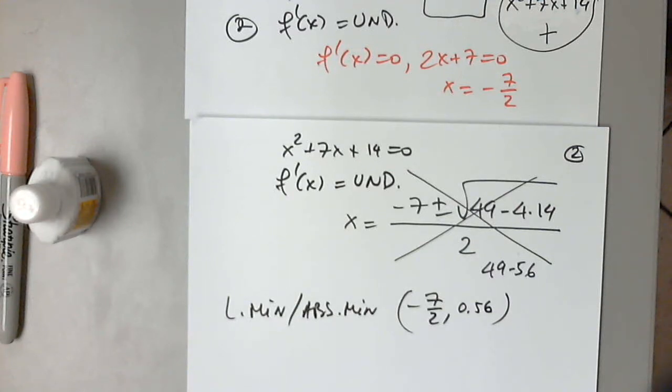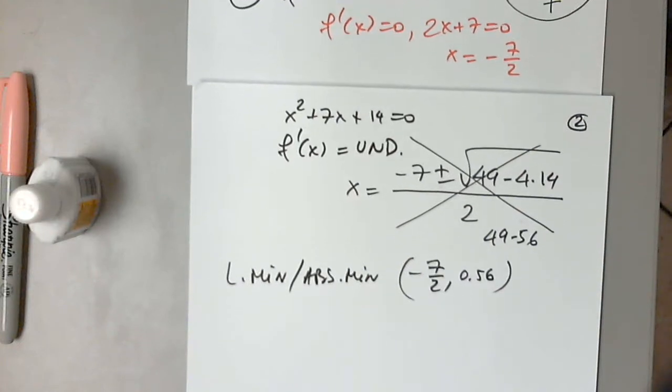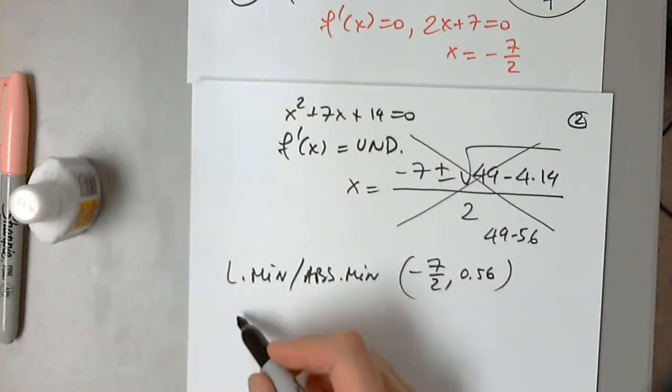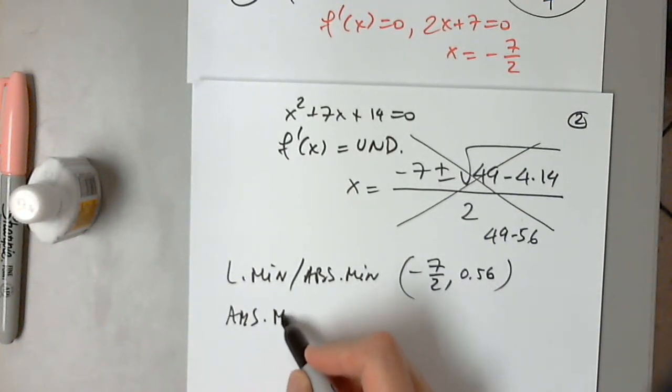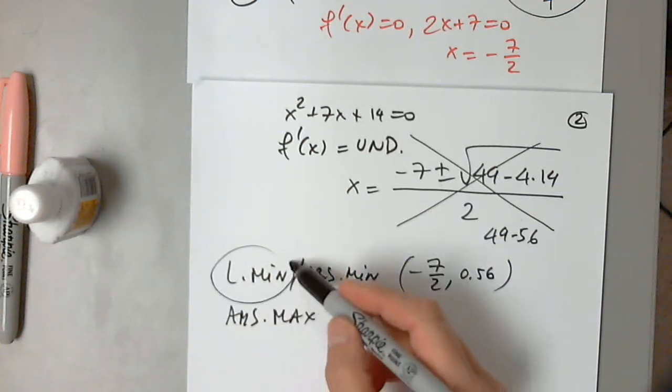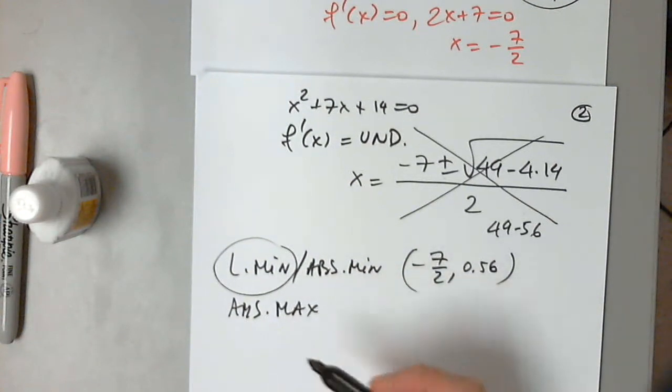Now if they want an exact number, you have to be very careful to read the requirement, right? Because if it says exact, then you can only plug it in and simplify as much as you can without approximating. So I don't know what they want. Okay, so this is the local min and absolute min, and the absolute max. And they don't want this. I'm writing it because it's important, but they only want the absolute max and the absolute